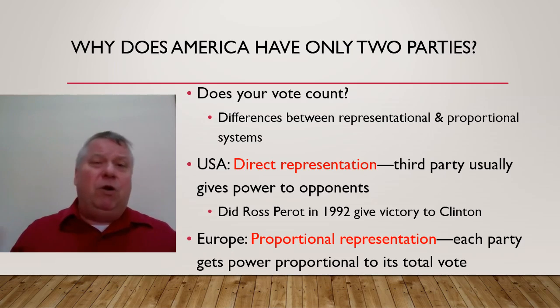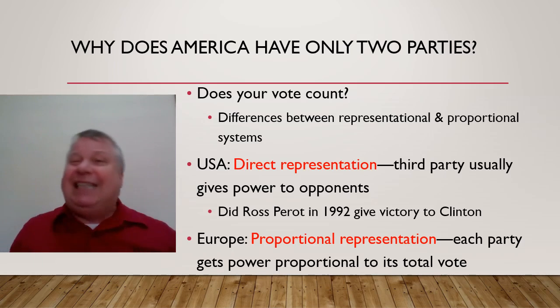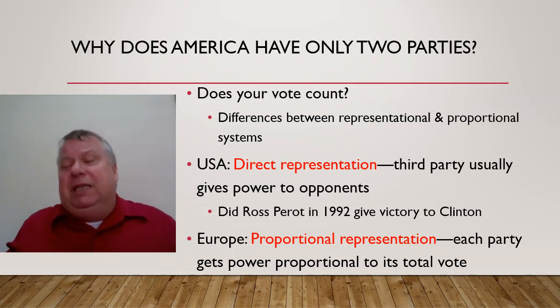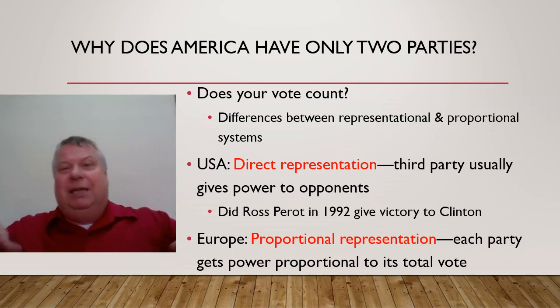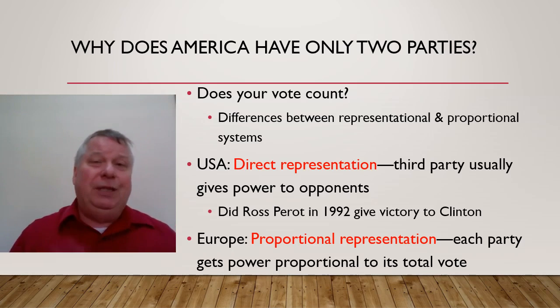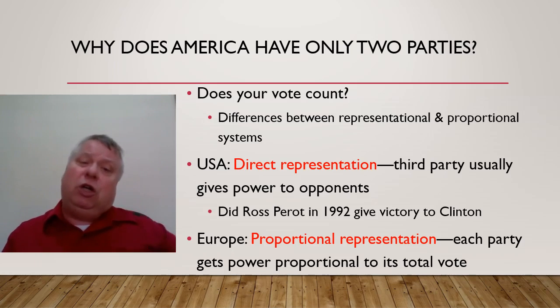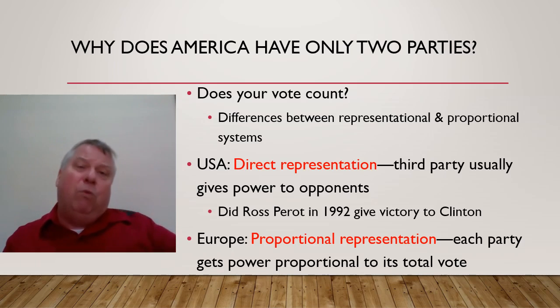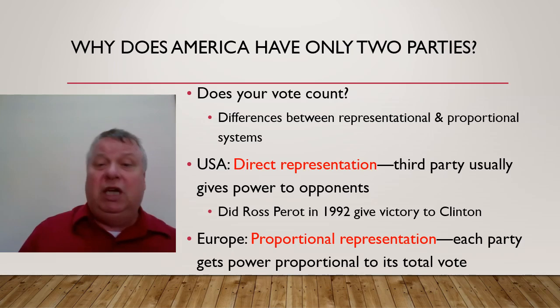So Ross Perot didn't win the majority in any state, right? Instead, he only won 17%, a little bit more in some states, a little bit less in others, but his vote was spread across the country. So in no state did he win, so he didn't get any electoral votes, right? On the other hand, he took a lot of votes. It's a little hard to tell, but some people argue he took more votes from George Bush than he did